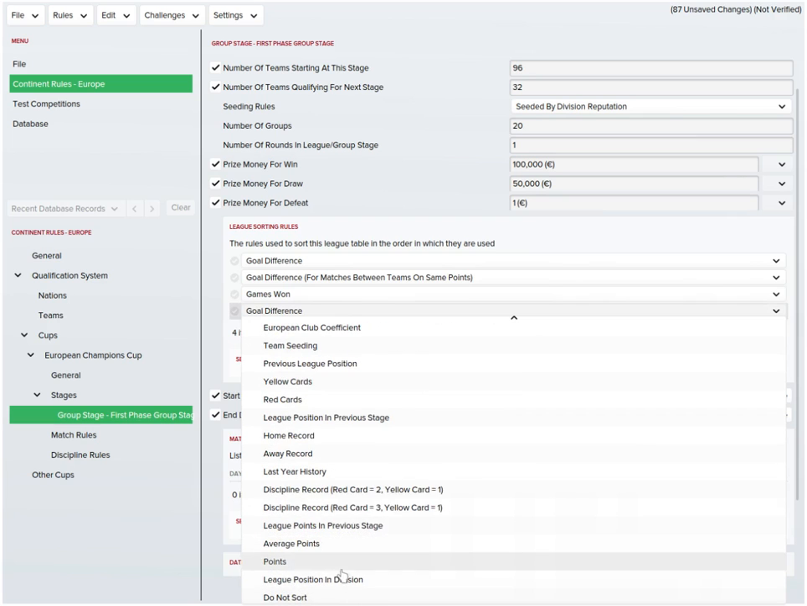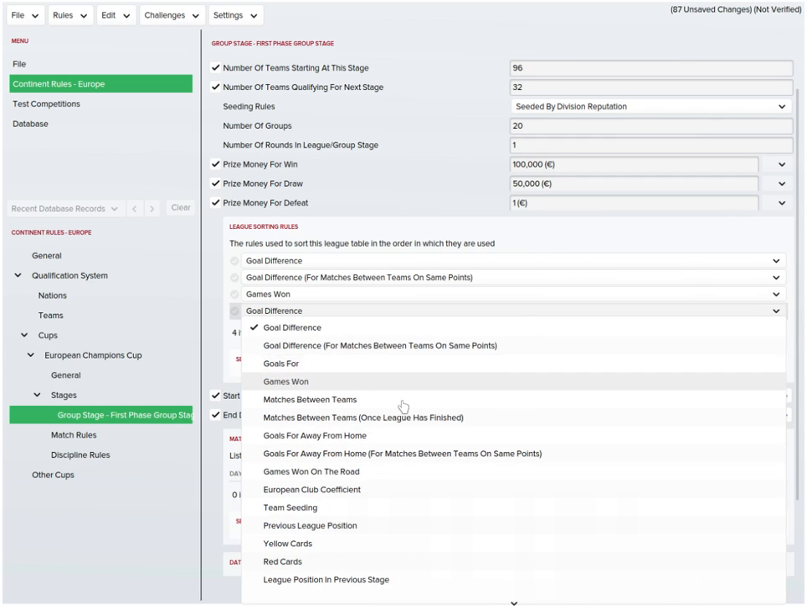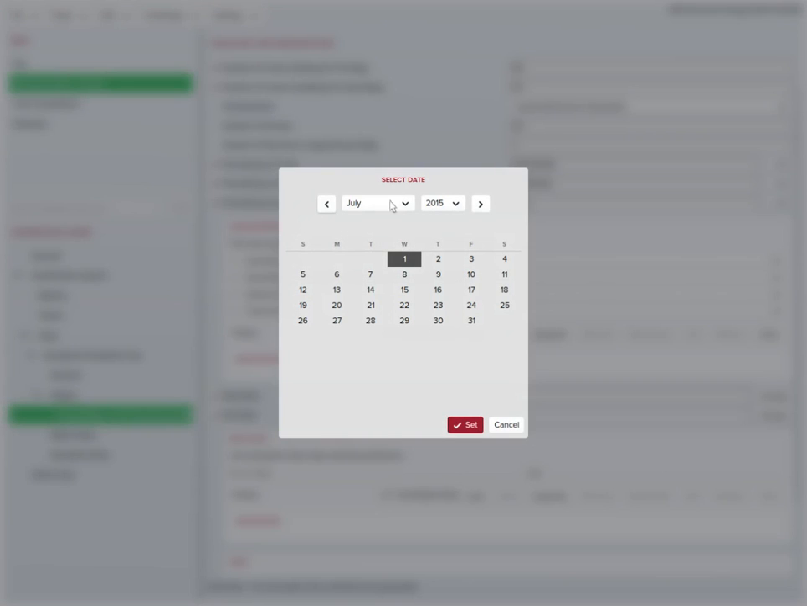and then I don't know, just some random shit. Team seeding. Let's go for that. So, like, if they have the same goal difference for matches between the teams on the same point, games won and team seeding, then it's gonna be team seeding that's gonna decide it. Well, because my